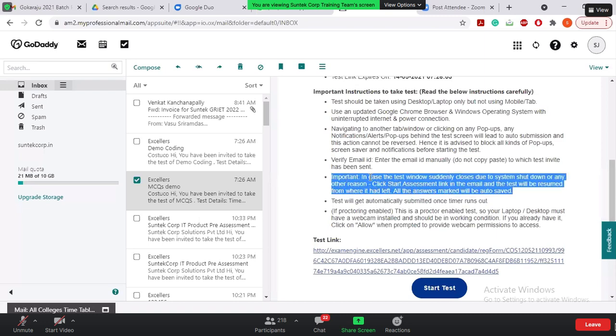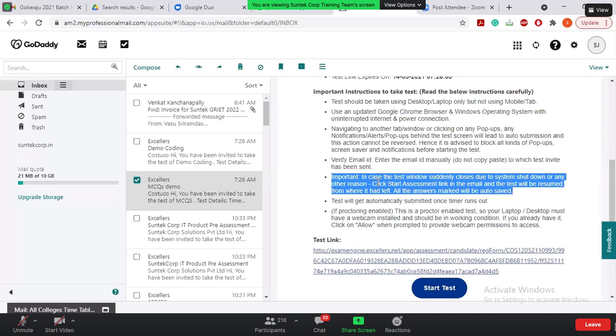But here one more feature that we have enabled is, let's say suppose the exam is starting at 4:30, right? So for any power failures and all that, you'll be able to start only within the 2 hours. Let's say you cannot say that I have got a power cut at 8 o'clock and can I resume my test? Then no, you cannot resume your test, because within 2 hours only, if there are any system shutdowns or any power failures and all that, you will be able to resume the test.